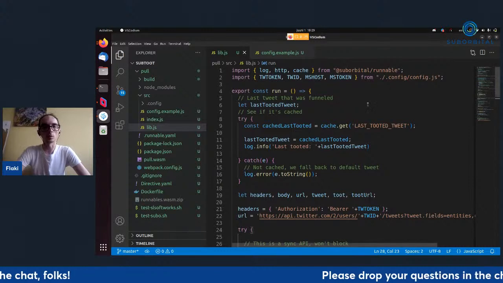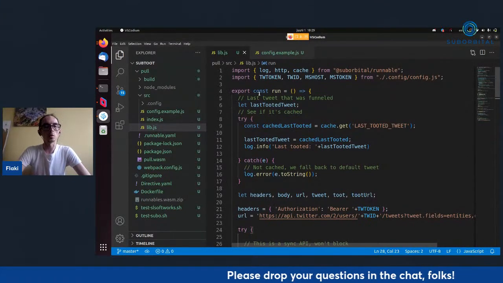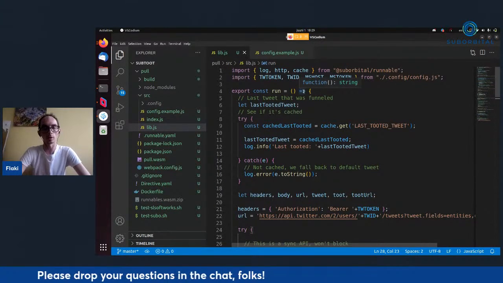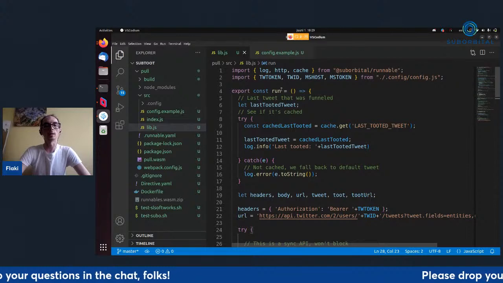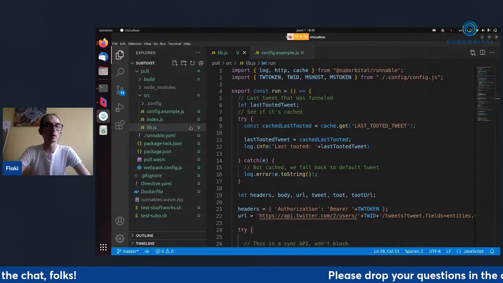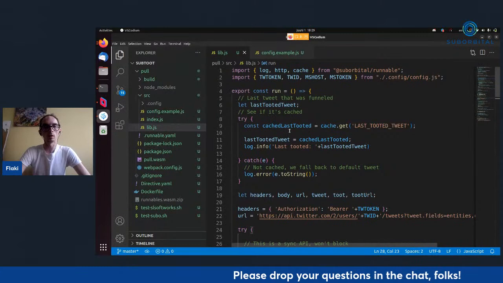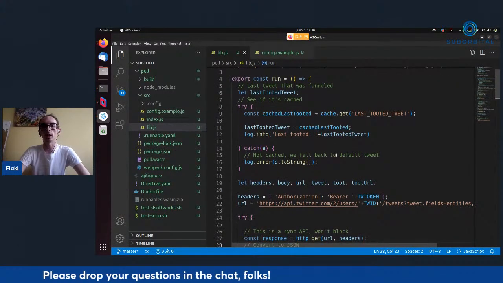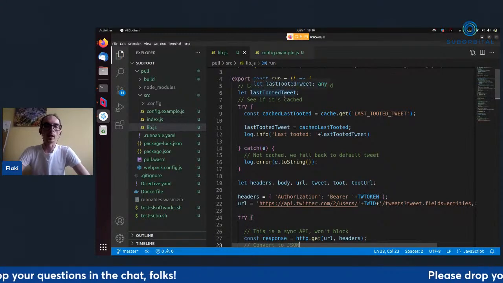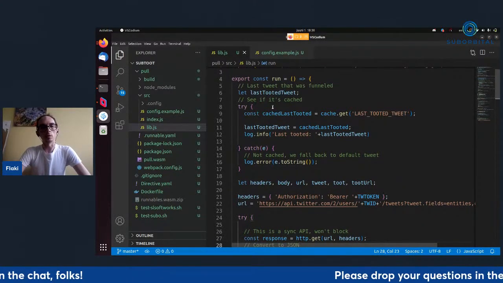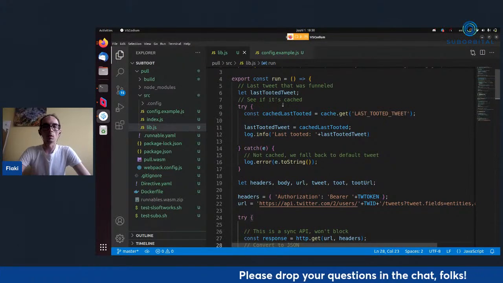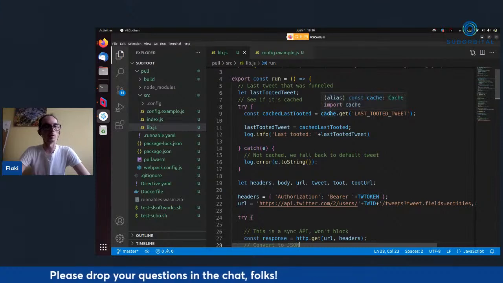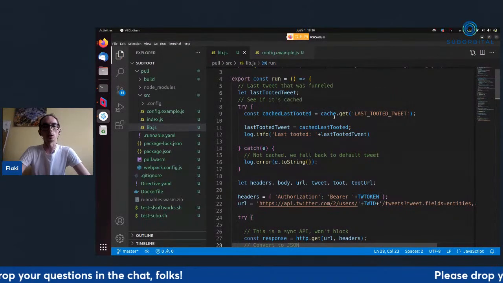After we imported this configuration, we use the run function, which is the function that gets called by the Suborbital runtime when a function gets executed. I'll talk a bit later about when that happens, when our function gets executed. But basically what you need to do is use... Oh yeah, here we actually do some caching between the application runs,